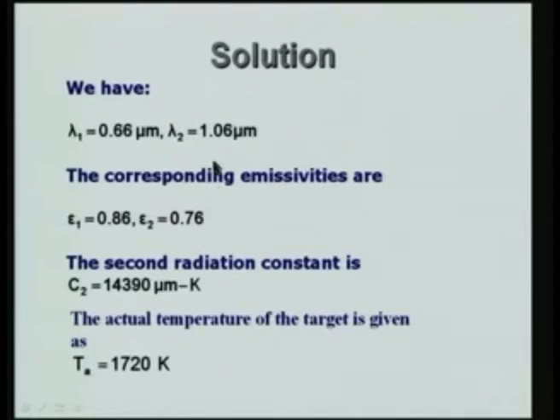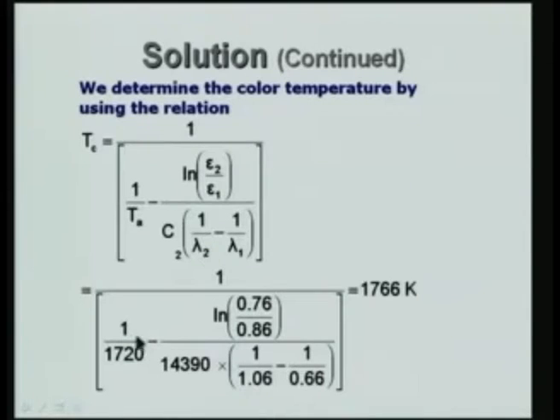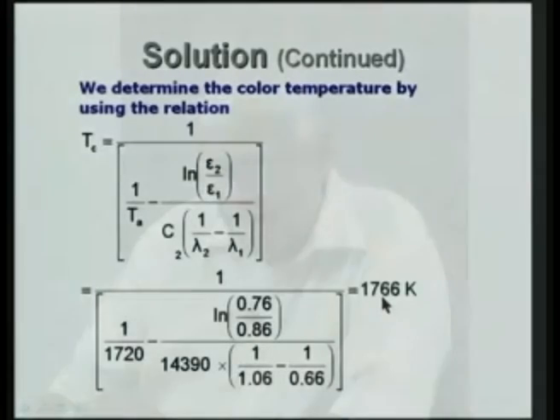If this pattern is different, for example, if both of them increase together or decrease together, you will see that the value of the color temperature will change. And you will also notice that if epsilon 2 equal to epsilon 1, this whole thing will become logarithm of 1 equal to 0 and the color temperature will become exactly equal to the actual temperature. That means that if the ratio of the emissivities at the two wavelengths is equal to 1, that is the two emissivities are the same, then the color temperature and the actual temperature are one and the same. However, if epsilon 2 and epsilon 1 are different, then you see that the temperature Tc is not equal to the actual temperature, it may be either greater or lower.